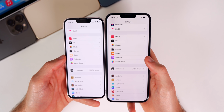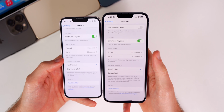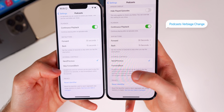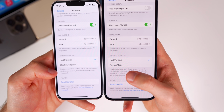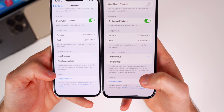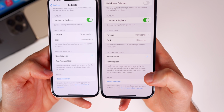There's also a very minor verbiage change under settings, podcast. You guys know I like to bring you every single change, no matter how big or small. Under external controls, you can see there, it used to say skip forward/back. Now it just says forward/back. There's also a new sentence added down below that says, if an episode contains chapters, next previous will navigate chapters,